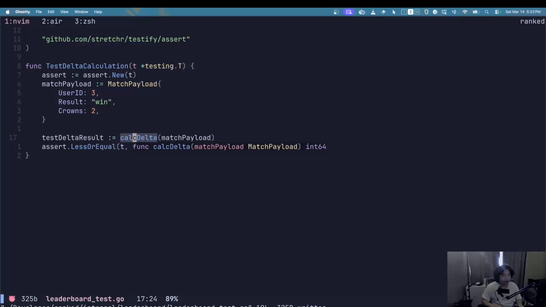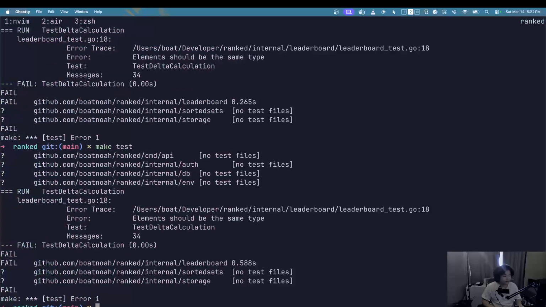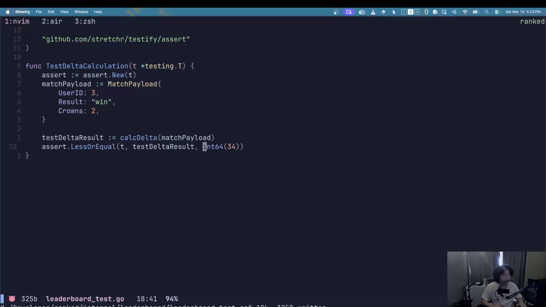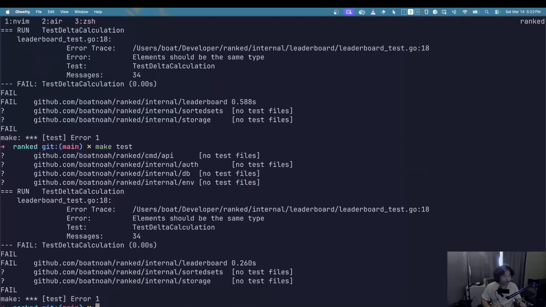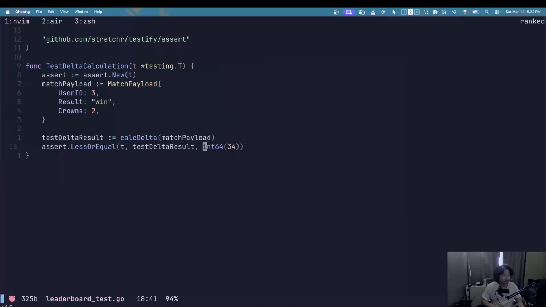I'm getting an int64. So int64 with an int64. Did I save this, or what's going on here? 18?